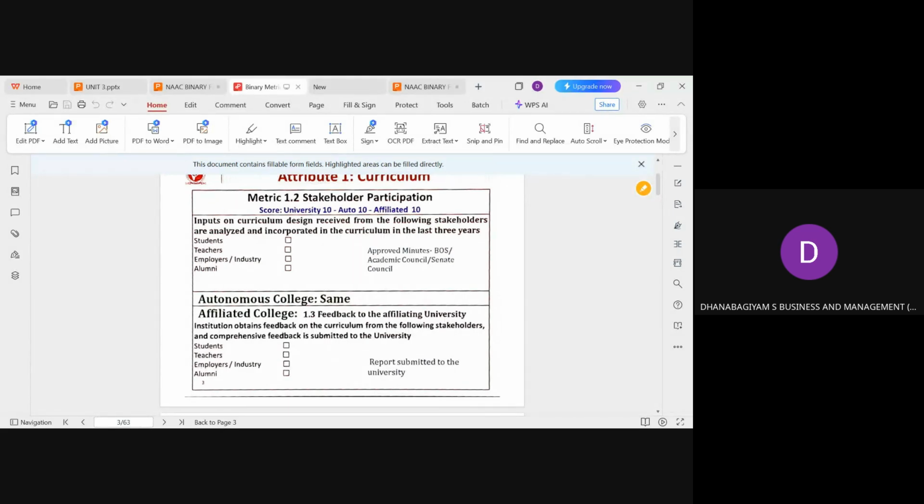One important thing is alumni data. We have to collect data from alumni. Once students graduate after 3 years and move out to other places, where they are working, we should invite them to our BOS meetings. We can involve them in framing the syllabus along with the faculty. The faculty can coordinate with those students who have been placed in the industries.